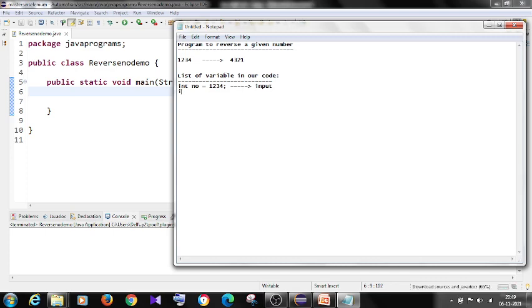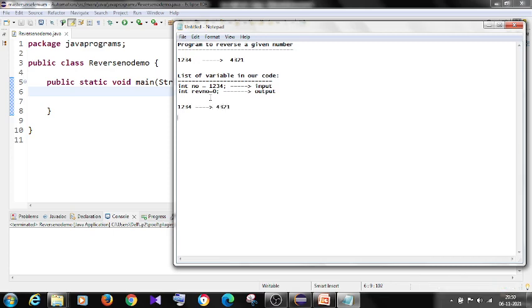So int rev number, and I am initializing it with 0. I'll tell you why we should initialize it with 0. This will act as output.